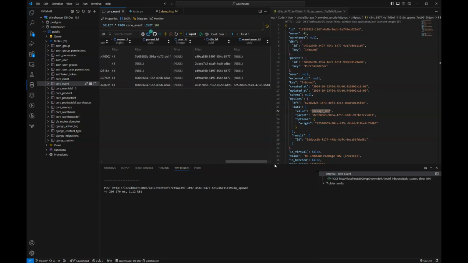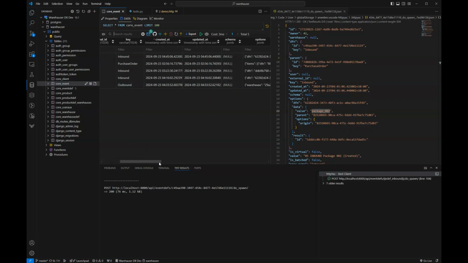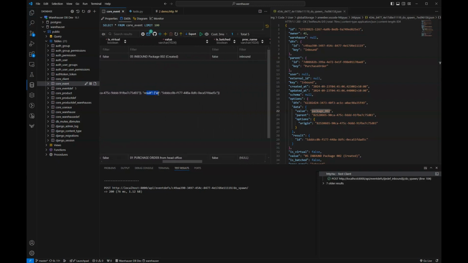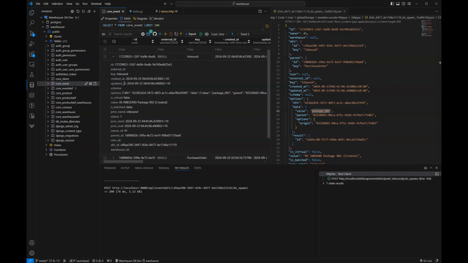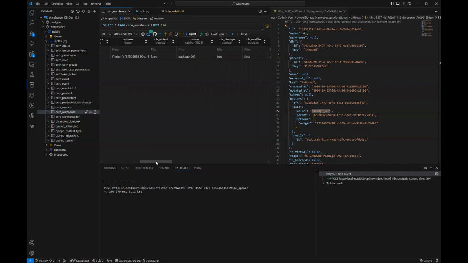And if we see its parent ID, we can see that that was the purchase order that we did before, and that if we look at the options, we can see the result ID is this value here, which we can carry over to the warehouses, and we can see that we have a package that has been created, calling it package_002, and that its parent is